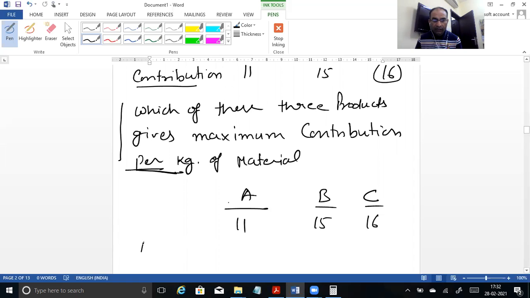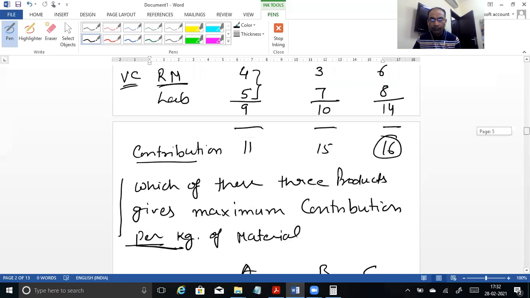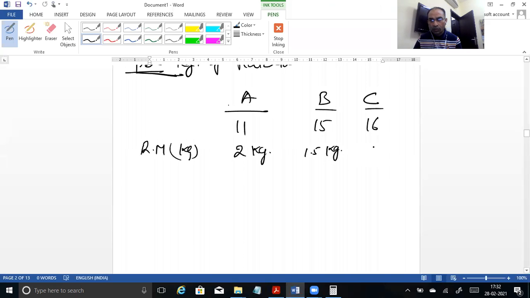So how much raw material are we using? Raw material in kg for A: here 2 kg of raw material is used. Here 3 kg of raw material is used, no, not 3 kg, here 1.5. I think product B is 1.5. And in case of product C, let us check, 3 kg is used here. So now,